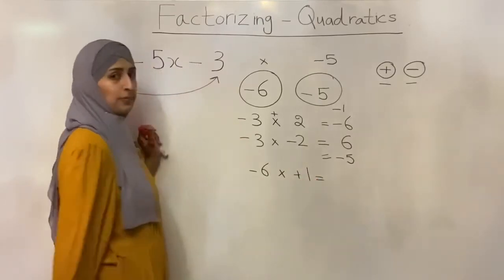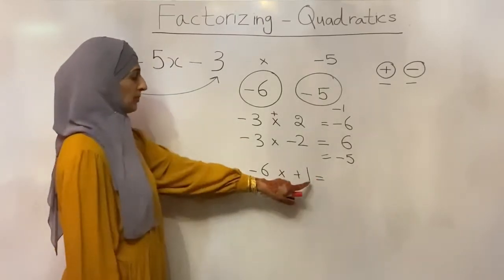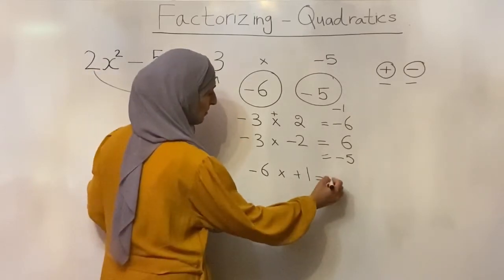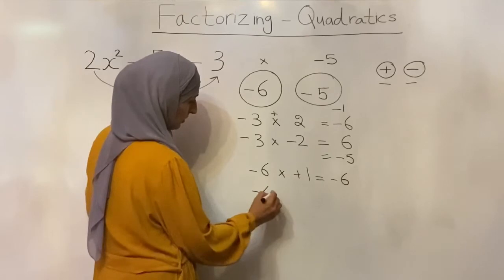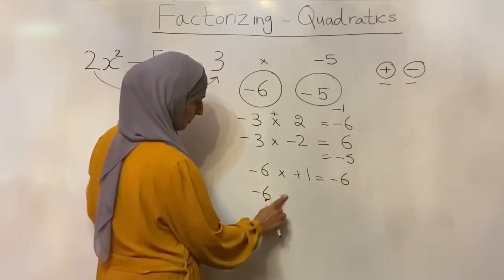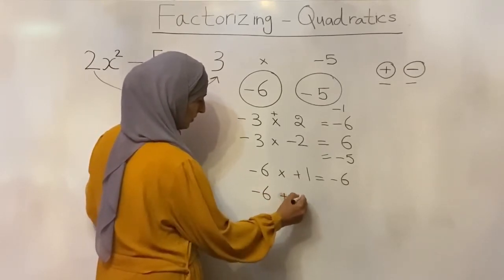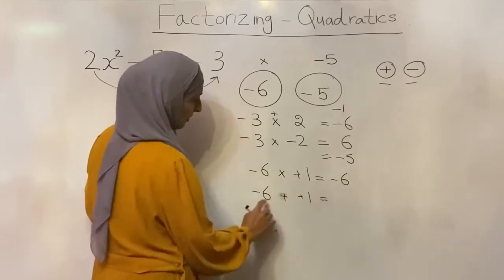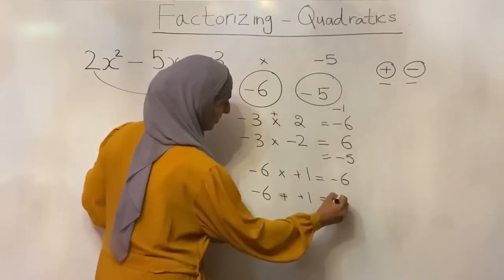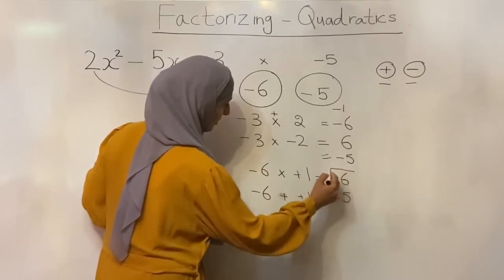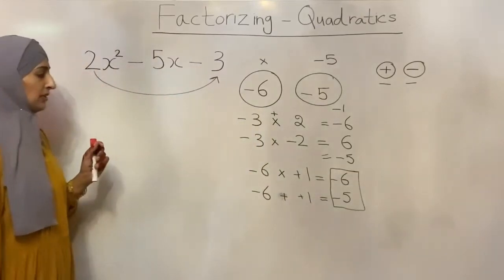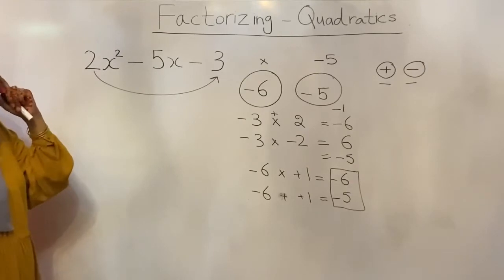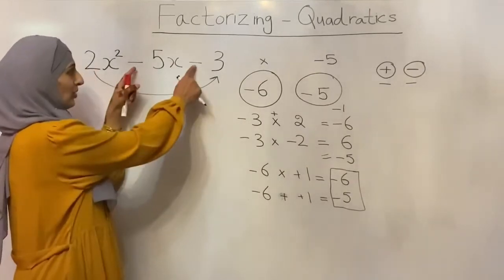What is the answer? Minus 6 times plus 1, the answer is minus 6. If I add them together, minus 6 plus 1 is minus 5. You have to be very good with your timetables, and plus it was in my mind, because there are two